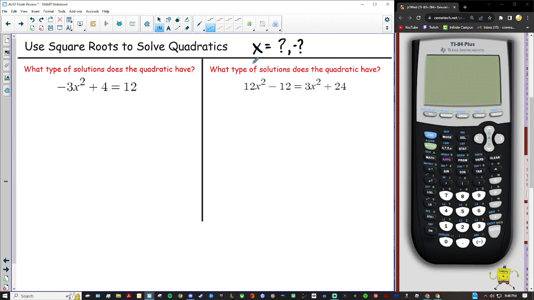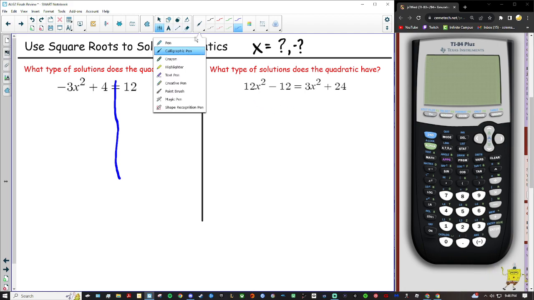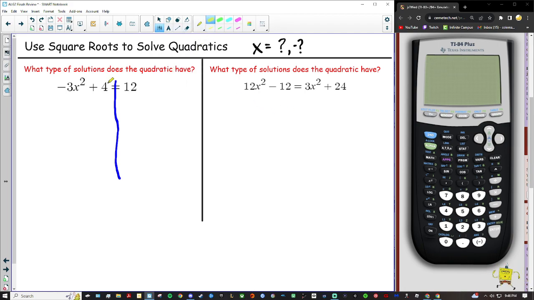So let's start off by drawing our waterfall. Remember, we quack like a duck. Here's our waterfall. Our goal right now is to first get x squared all by itself. This x squared needs to be by itself. If not, we can't make any progress. So I have two things I got to get rid of. I got to get rid of this positive 4, our adding 4, and I got to get rid of this